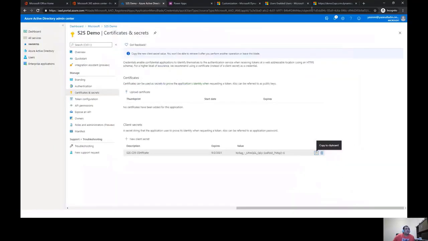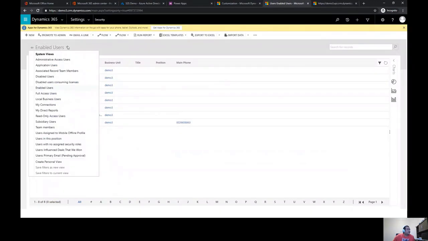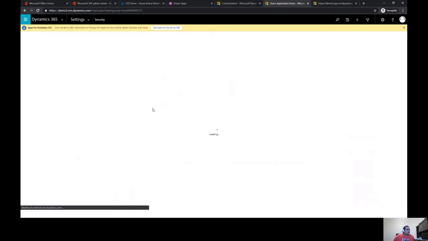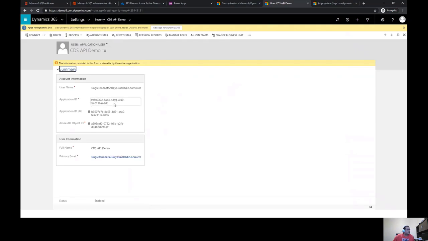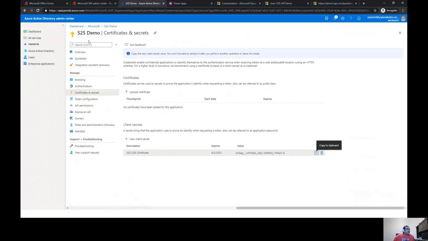So for that, you'll have to go in your CDS instance and select the application user. For the application user, you would specify the application ID, which you'll get from Azure.